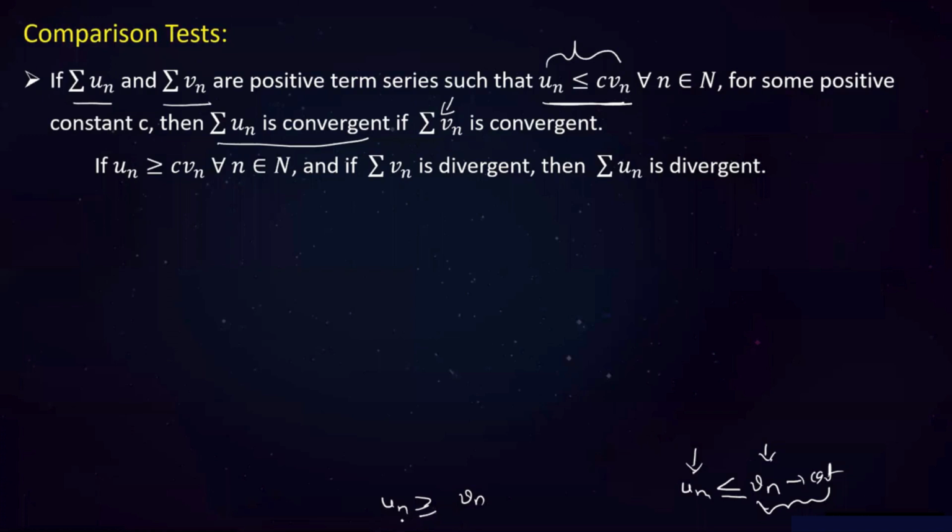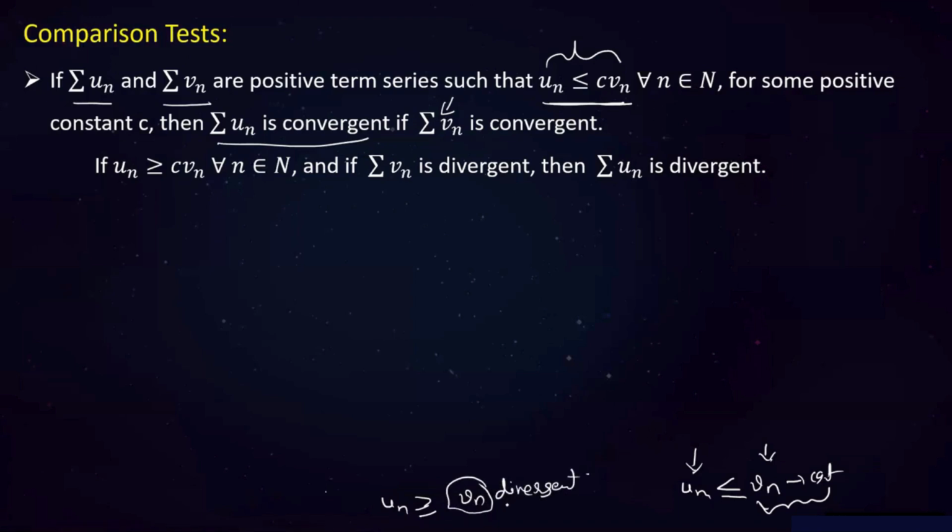If for every n, un is greater than or equal to vn, then what happens here? Again, I'm considering the higher series. This time the higher series is un. In case un itself is divergent, right? So this time I'm considering the lower series. We are speaking about divergence now. So I'm considering again the lower series vn. If now vn itself is divergent,